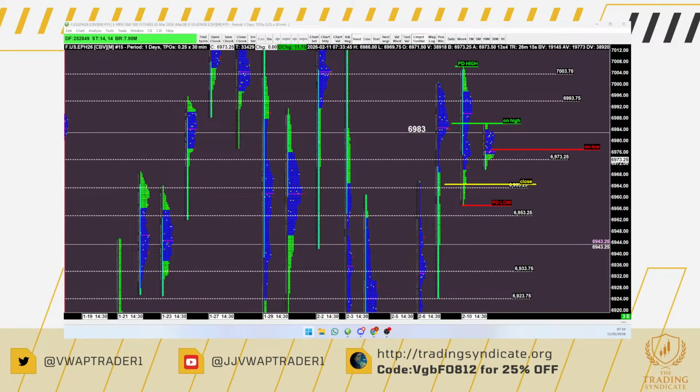You can see that the close is here, right? You can see the market closed here, right? And then you can see the overnight low is right here. The other thing you guys can see,